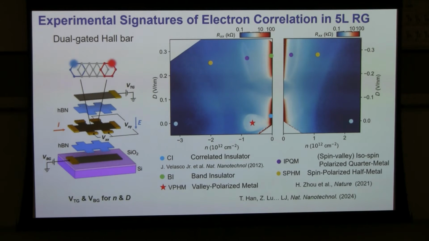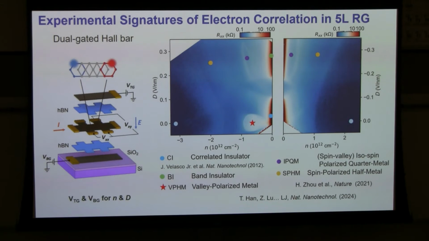There's no twist angle between layers of graphene. There's no moiré between graphene and hBN. There's no nothing. It's just part of graphite that nature gave us. And it shows already a very rich phase diagram when you tune the charge density and gate displacement field. And let me point out to you several things, okay? At 0 charge density and 0 displacement field, you see this is a very insulating state.